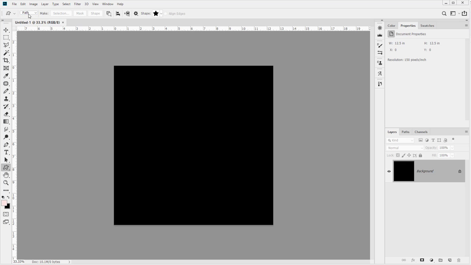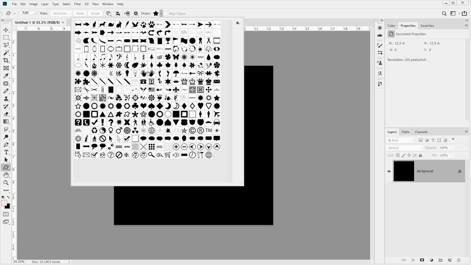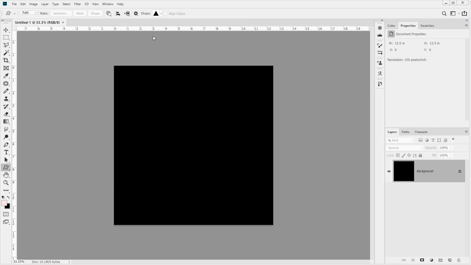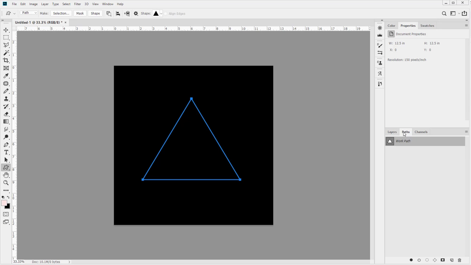Make sure that it's not pixels. And then pick a shape. Maybe, let's see, what would be a good one for this? Let's just do this triangle. So we have a triangle shape, and I'm just going to draw this triangle. Now we have a triangle, and if we go to the paths palette, we can see that it's a working